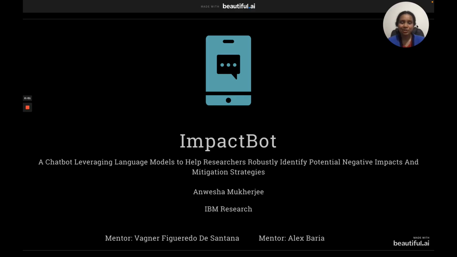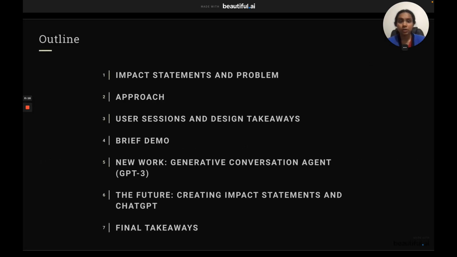Hi, my name is Anwesha Mukherjee, and I'll be discussing my research project from IBM Research during 2022 with my mentors Vagner and Alex, entitled ImpactBot, a chatbot that leverages large language models to help researchers robustly identify potential negative impacts and mitigation strategies. To begin, I'll start by addressing the impact statement, what it is, and the problem with